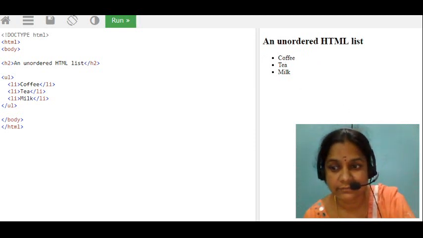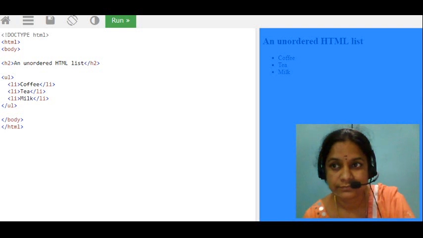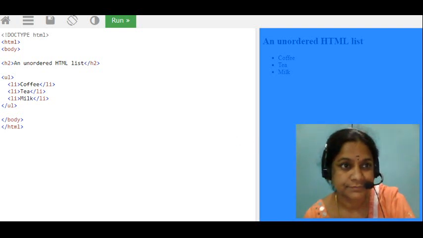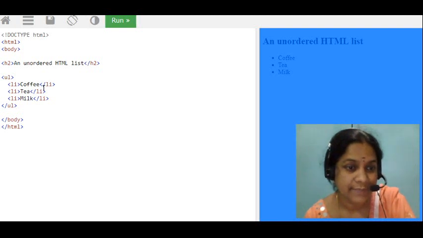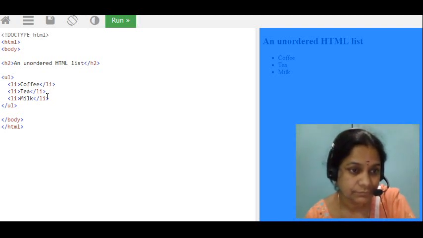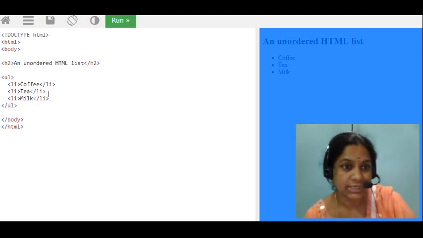Let us see here. Suppose I am changing here. I wanted to change another item.